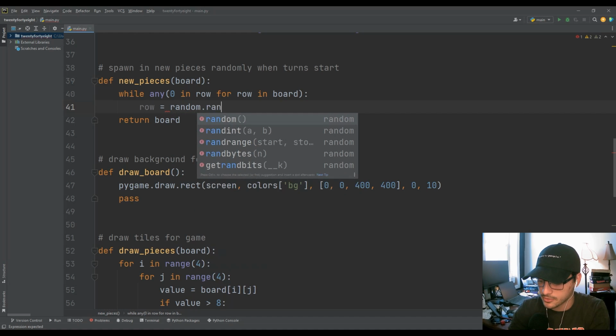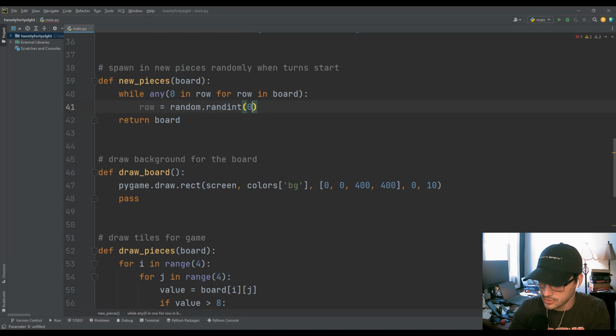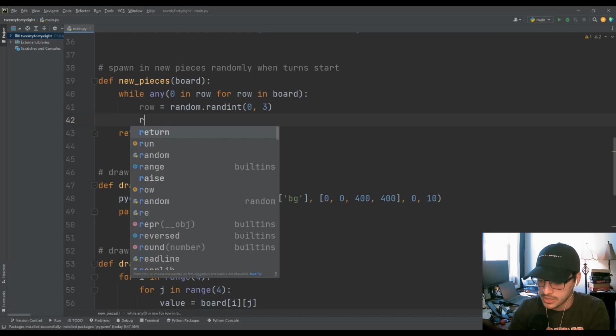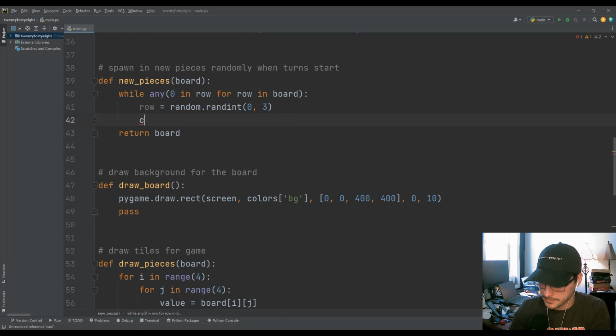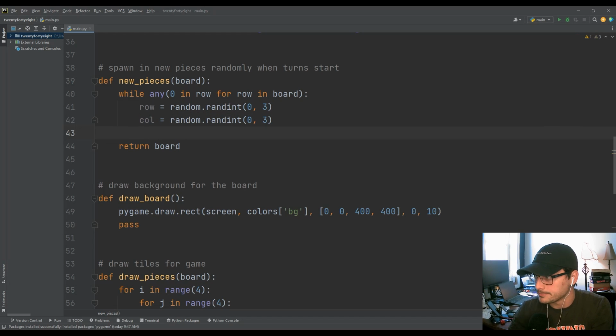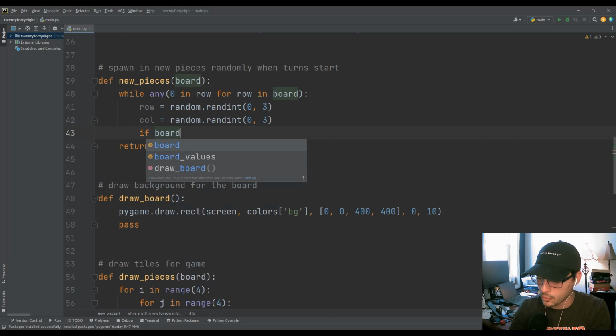So random.randint from 0 to 3, which could be any row, and then column is going to be the same thing, random.randint from 0 to 3, which could be any column. And then if board at row call